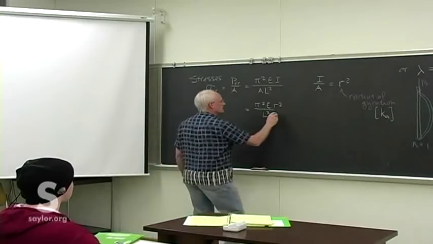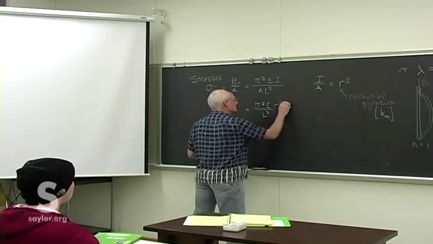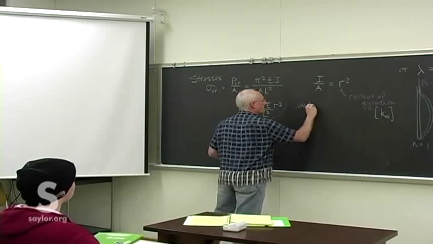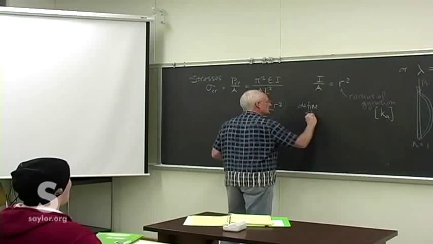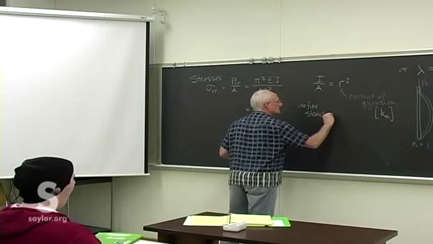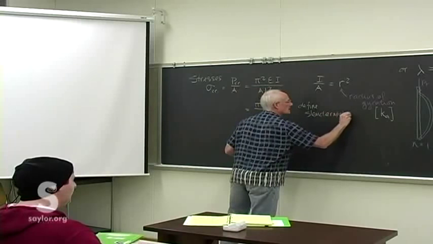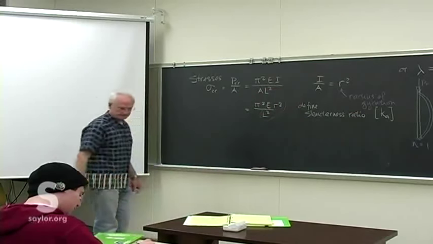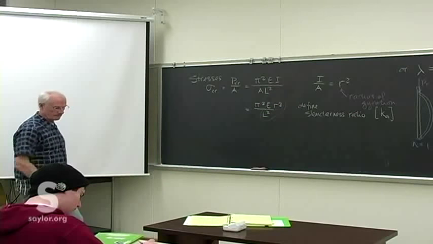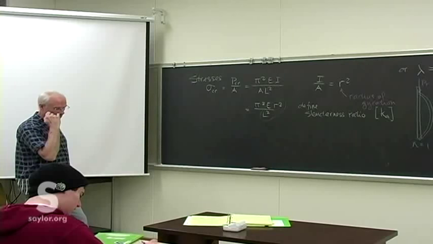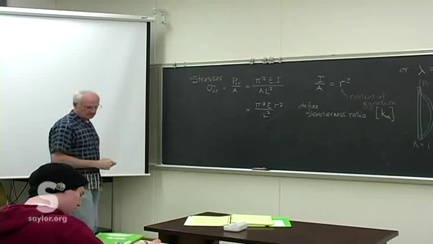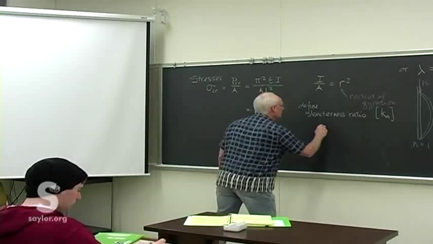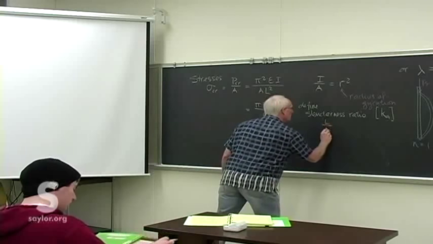Because what we'll do now is take that little piece there and define what's known as the slenderness ratio. We don't have any symbol for it, just define it. Defined as L over r,